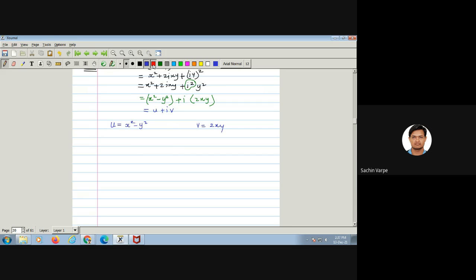So first of all, what we do is we consider the lines in W plane. Suppose this is our W plane and this is our Z plane, with U axis, V axis, X axis, Y axis. This is Z plane. This is W plane. So first let us take some lines in W plane, say U equal to 1, U equal to 2, U equal to 3. Means what? These are all the vertical lines, parallel to V axis.